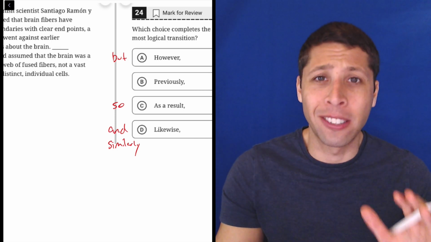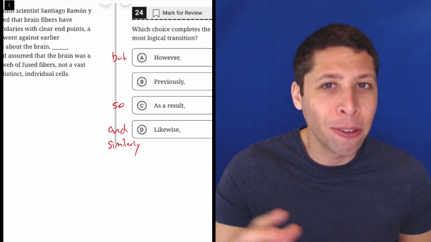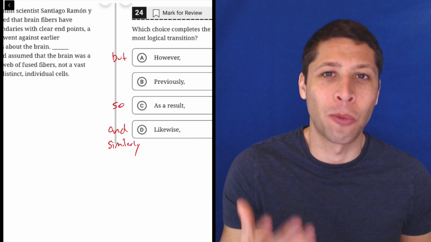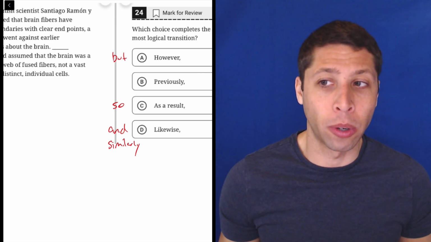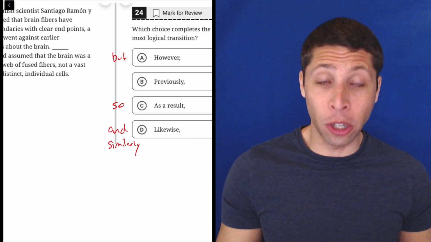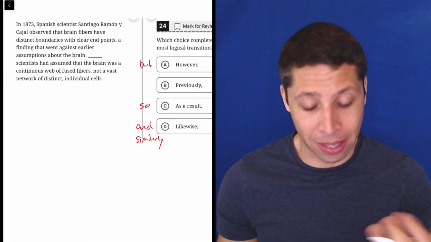That's never a situation on the SAT that we want to find ourselves in. We're not going to ever pick something just because it sounds smart. There's better reasons why certain words are right or wrong. Previously doesn't really fit in those main categories, but it is a word you're hopefully familiar with, so let's just see if we can use its natural definition and see if it makes sense.